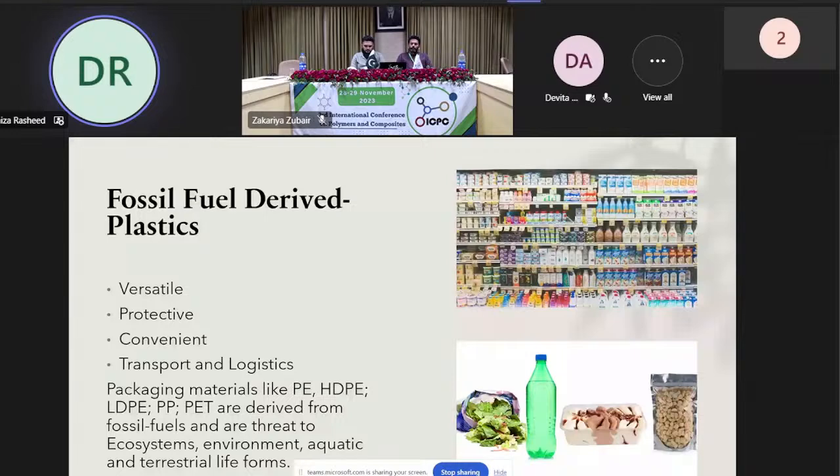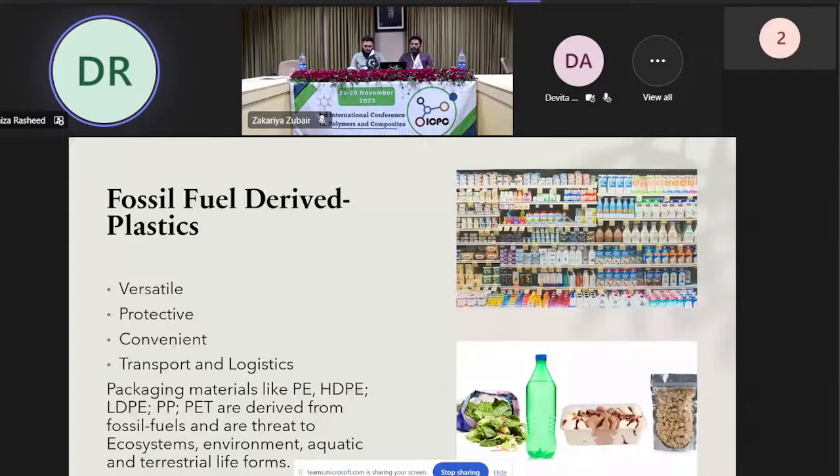So we find plastics in nearly every second product that we are using. If you take a look into the room where you are sitting right now, you will find a lot of different types of plastic materials, made in different shapes and molded into different types of things. And this is why they have made an important place in our daily life.